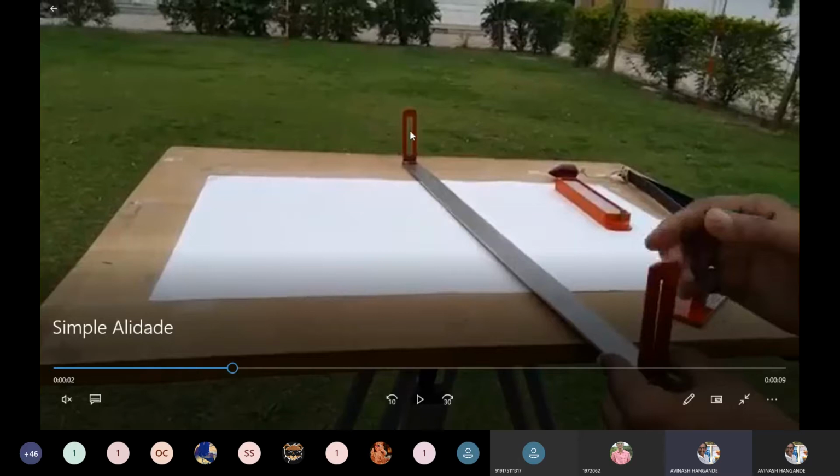And what is the use of this object vane? It is directed towards the object. Your object is present here. So this ranging rod is visible in front of this object vane. You have to bisect this ranging rod with the help of this alidade. By observing from this eye slit, you have to bisect the ranging rod with the horsehair. When these three are in one alignment, then you can say that you have bisected this ranging rod to draw it on this drawing sheet.